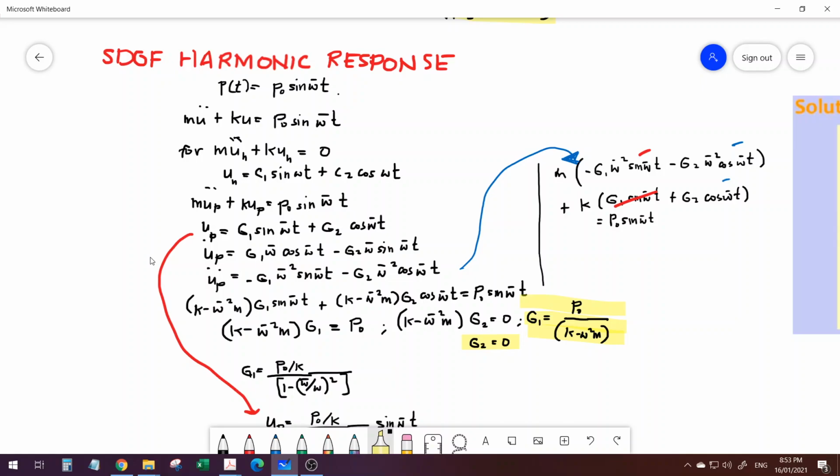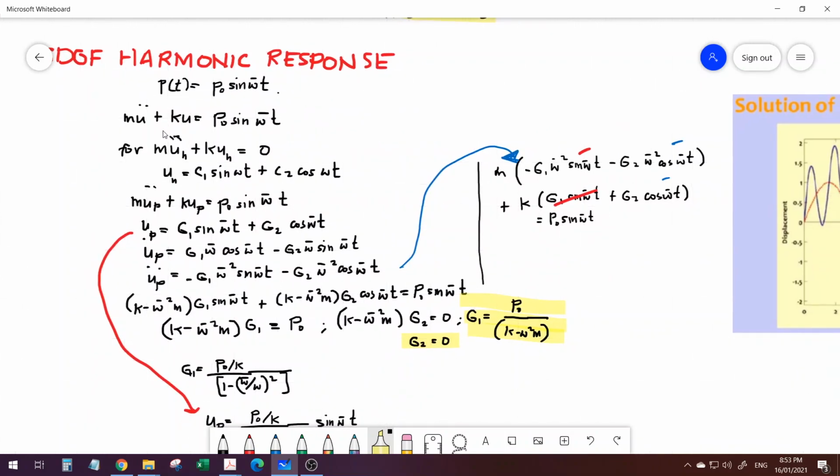Okay, so in this lecture, let's discuss yung harmonic response of a single degree of freedom system. Pero this is undamped, no? If you notice, no damping dun sa equation of motion. Okay, so previously, this is zero, no? Because free vibration. Since we have now a harmonic response in the form of P naught sine omega bar t,